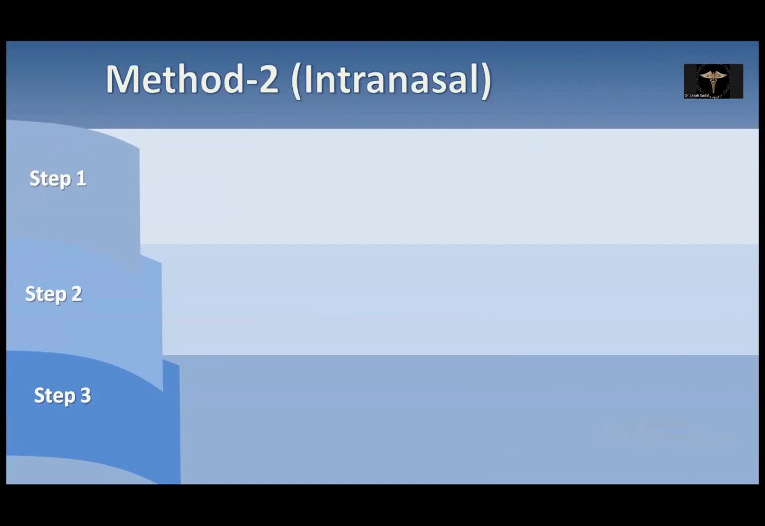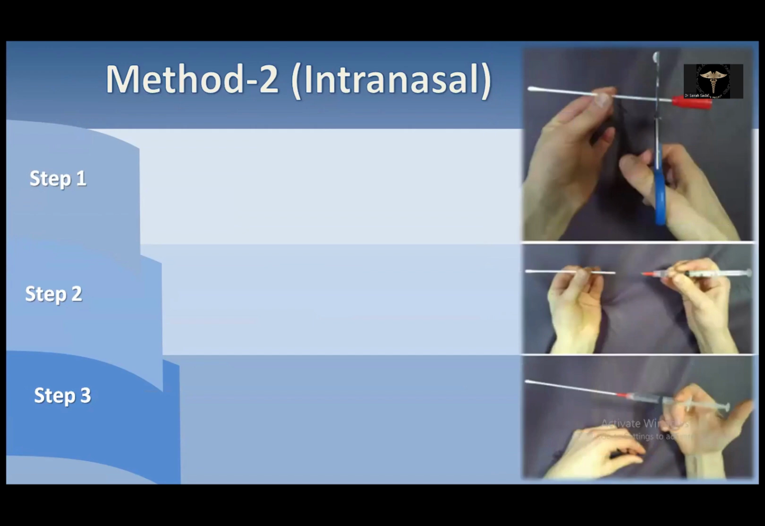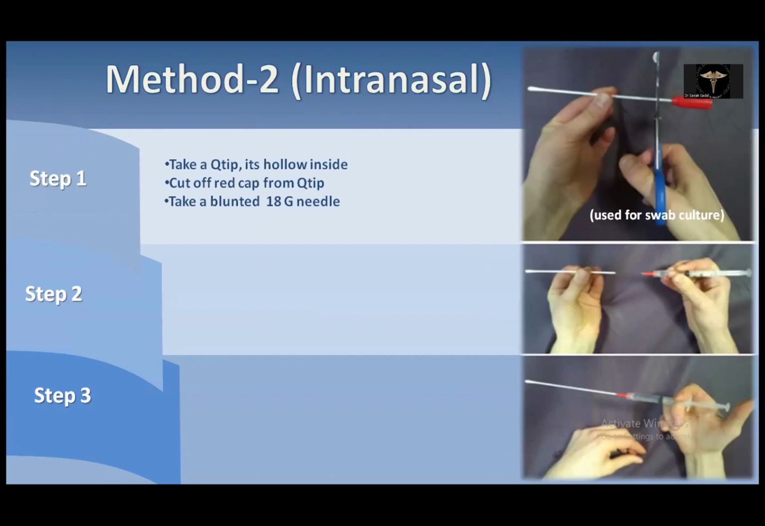Now, second method, intranasal approach. Again, the self-explanatory pictures. All you need is Q-tips, also known as swab culture sticks. Take a Q-tip, it's hollow inside, cut off the red cap from the Q-tip, take a blunted 18 gauge needle, draw 1 to 2 mL of bupivacaine, and thread the blunted needle onto the Q-tip,